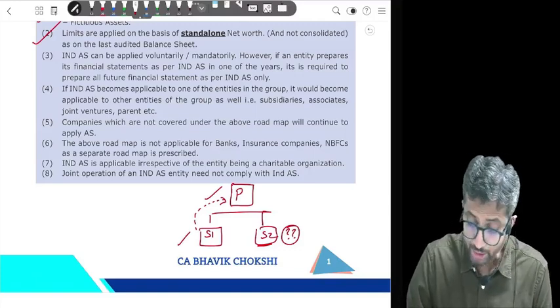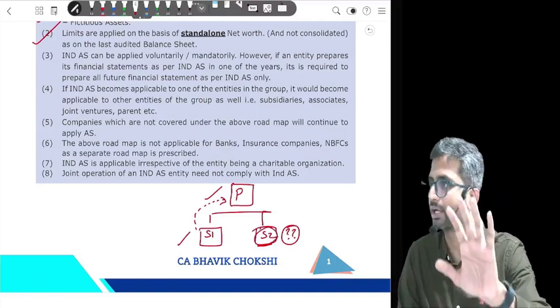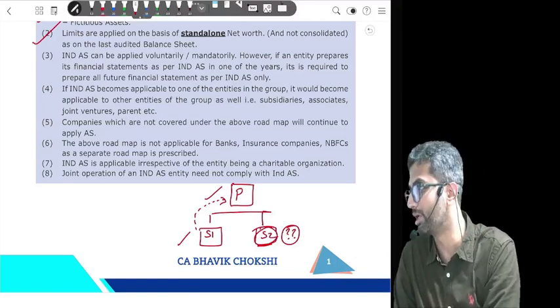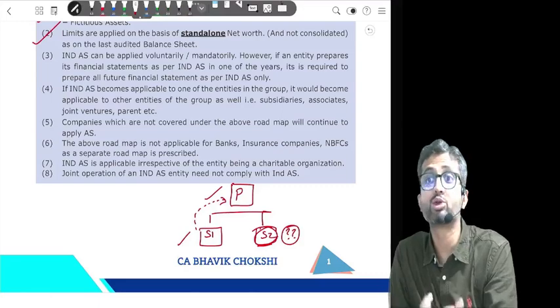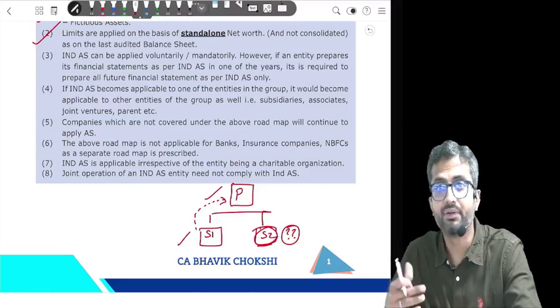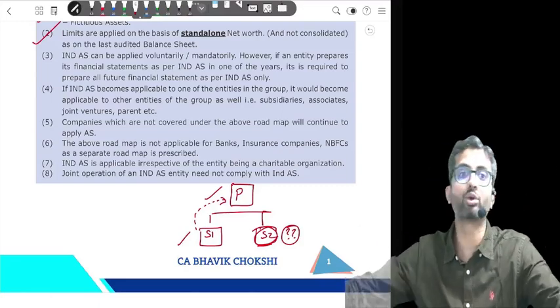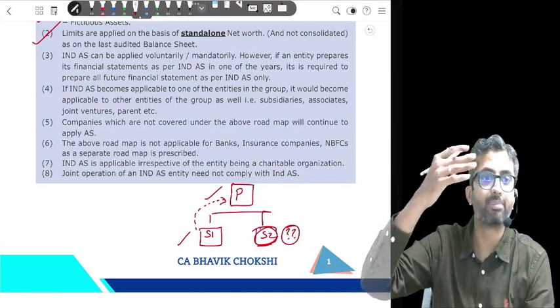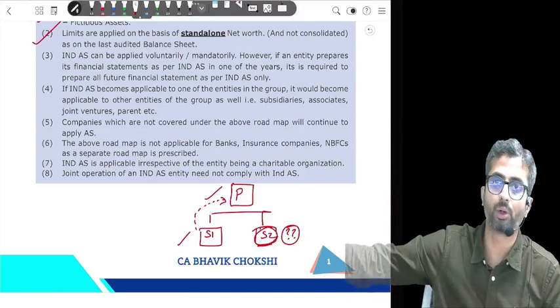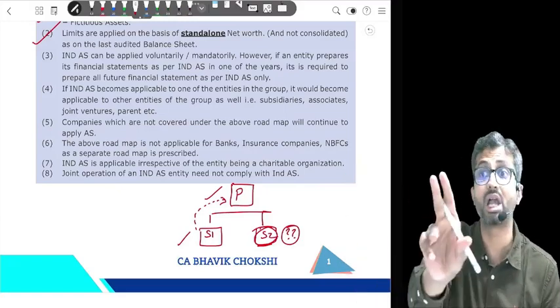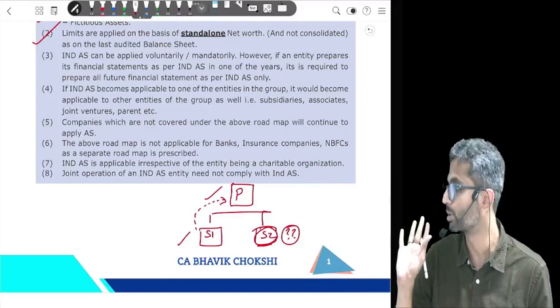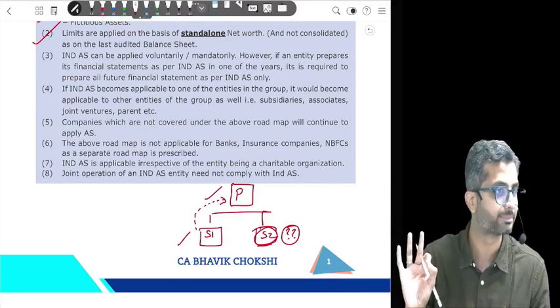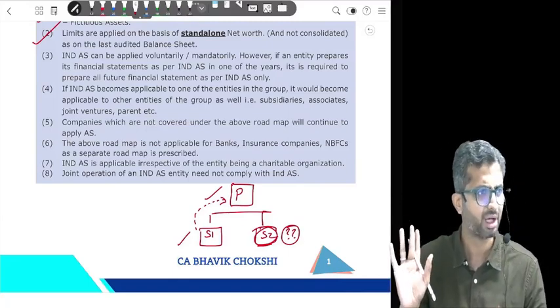Okay. So if S2 wants to voluntarily, in practice, the majority of these companies will follow Ind AS. Why? Consolidation has to happen using uniform policies. So if S2 is following AS, in any case I have to consolidate with P. Then practically I will say, why should I make them follow AS? Forget it, I'll make them follow Ind AS, but that is voluntary. Mandatory applicability is not there for a fellow subsidiary. Any problems till this stage? Can we proceed further?